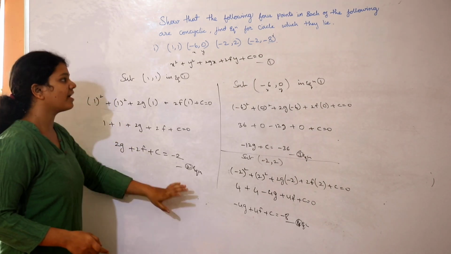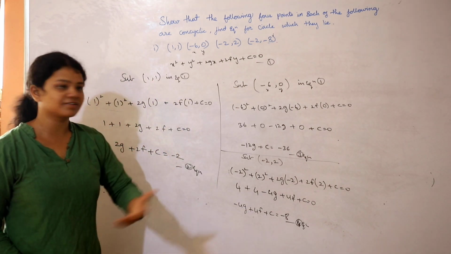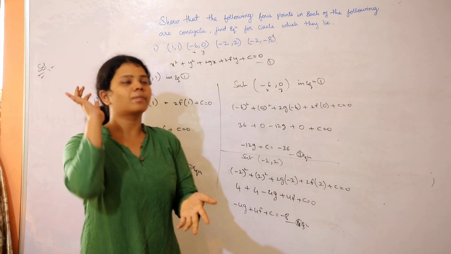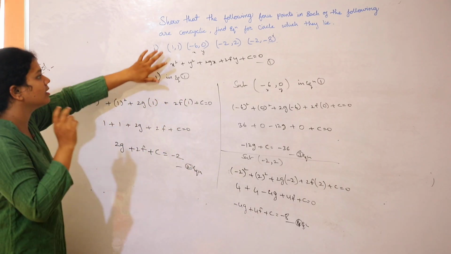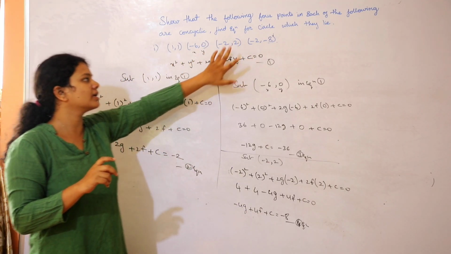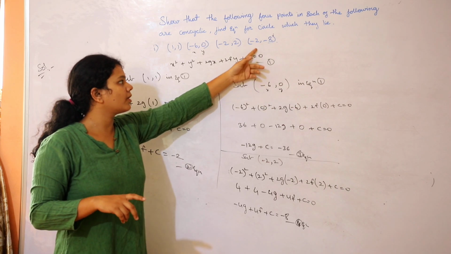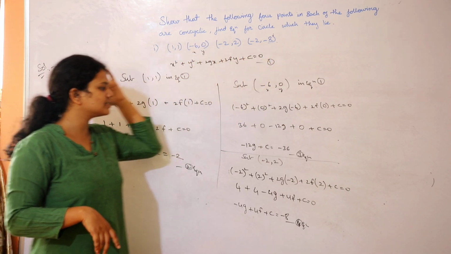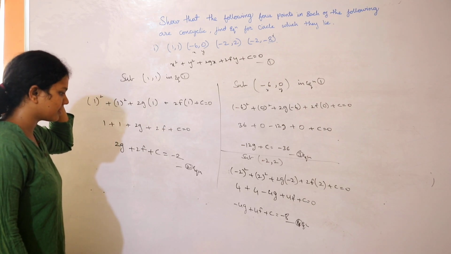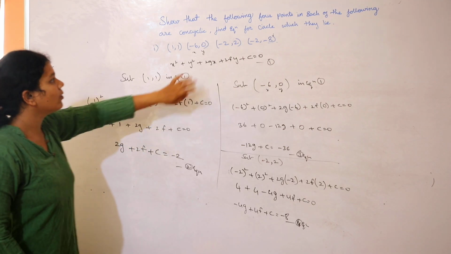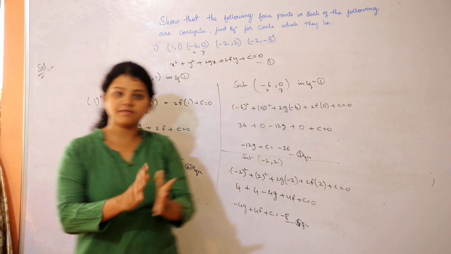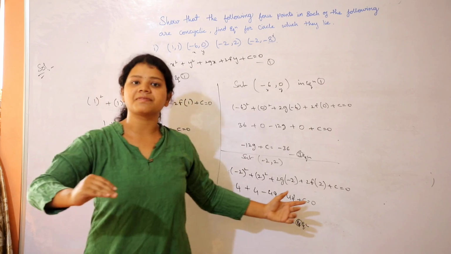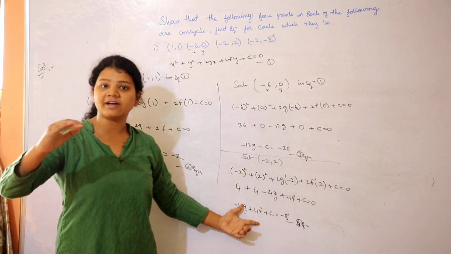Guys, why am I not finding an equation from the fourth point? Because mostly in concyclic problems, the process goes like this. First of all, you should find the equation for the first point, second point and third point, and then come back to the fourth point. Now you should find out the equation of the circle. We will be finding the equation of the circle by using the three points, by using the 1, 2, 3 equations.